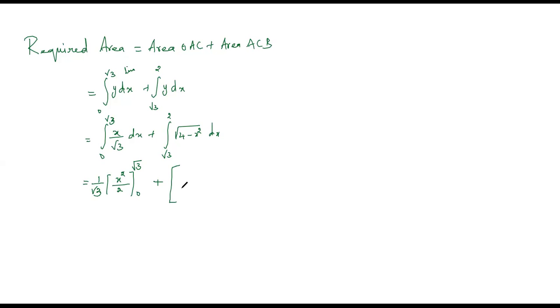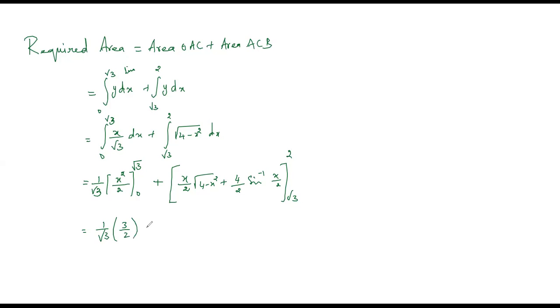It is direct application of the formula: x by 2 into square root of 4 minus x squared plus 4 by 2 into sine inverse of x by 2, and the limit varies from root 3 to 2. That is equal to 1 by root 3 into, you substitute root 3, the whole square is 3, so it is 3 by 2, and when you substitute 0, it is 0, so 3 by 2 minus 0 is 3 by 2,